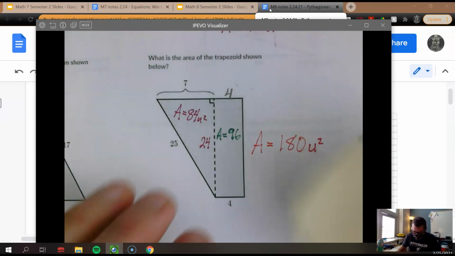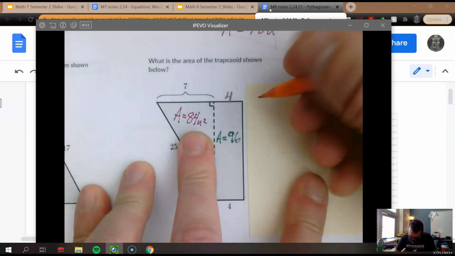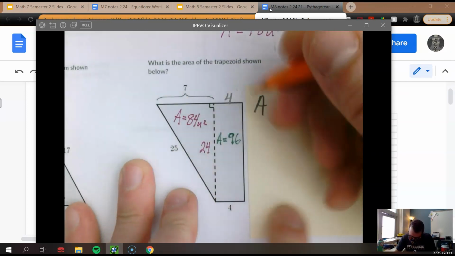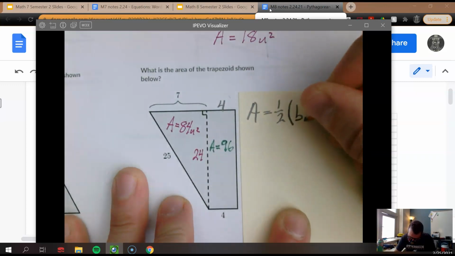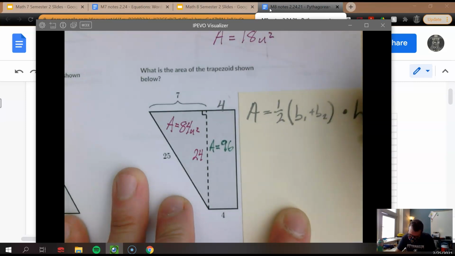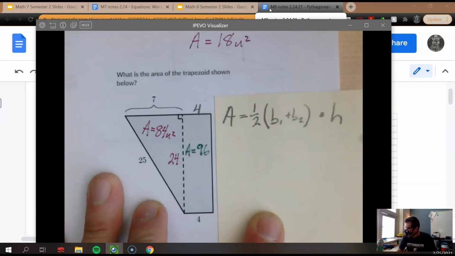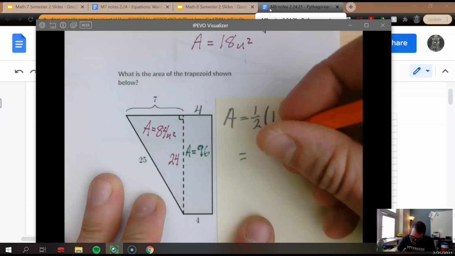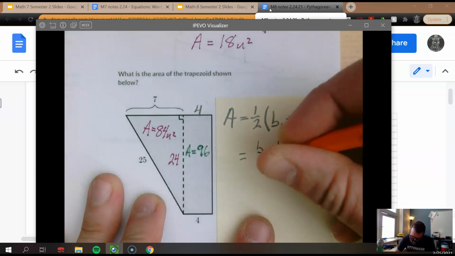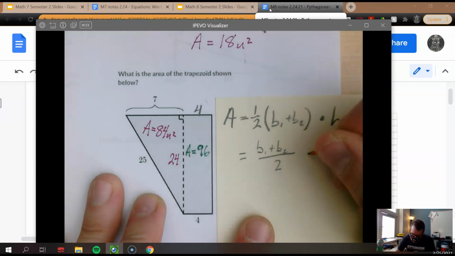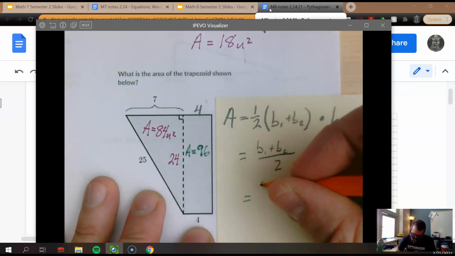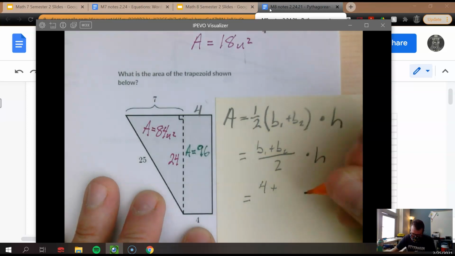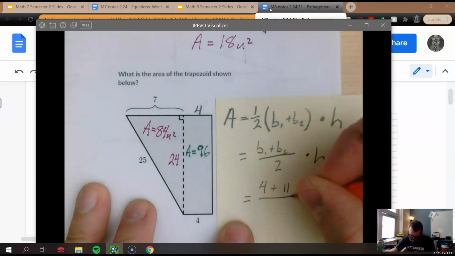Oh, yes. Well, here, I'll write it down right now because we're about to use it. If we wanted to use that formula here, since I recognize this is a trapezoid, it's half the sum of the bases, which, guys, that's an average, times the height. You could also write it as base 1 plus base 2 over 2 times the height. Either way, base 1 I always call the smaller base. Doesn't matter. Base 2,